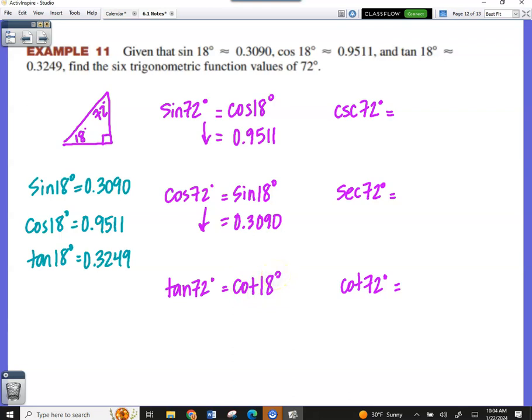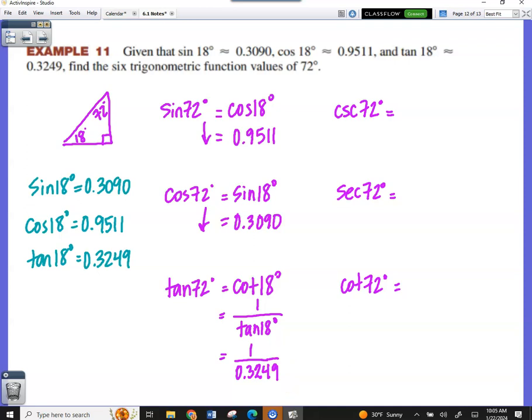They did not give me cotan 18. Stay with me, Brody. They didn't give me cotan 18, but think back to what we did on Friday when we were trying to evaluate those reciprocal functions in the calculator. There's no cotan button. We rewrote it as the reciprocal, 1 over tan. There you go. So I can rewrite this as 1 over tan 18 because I do know tan 18 is that decimal. So now I can say that's 1 over 0.3249,